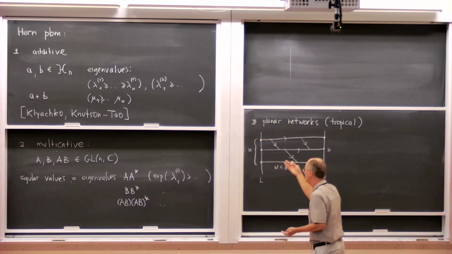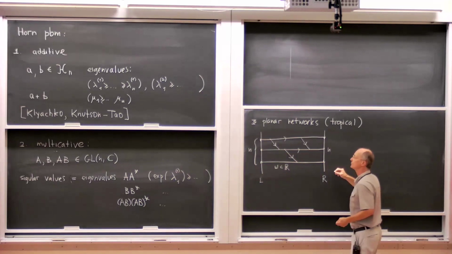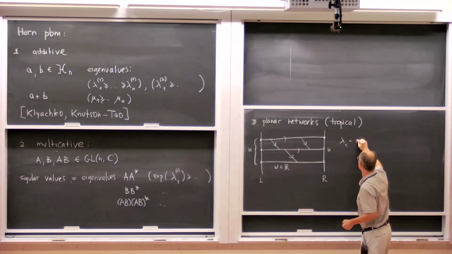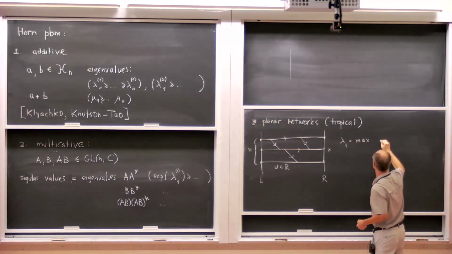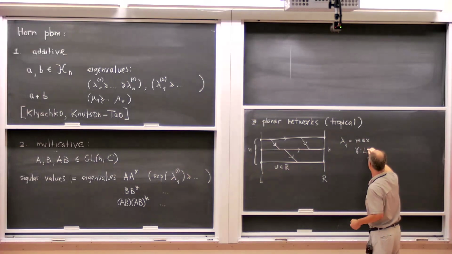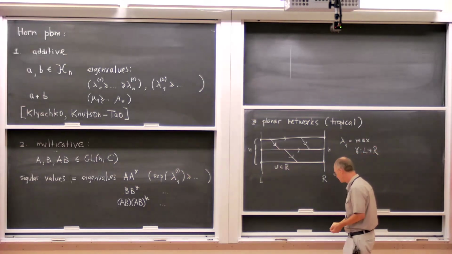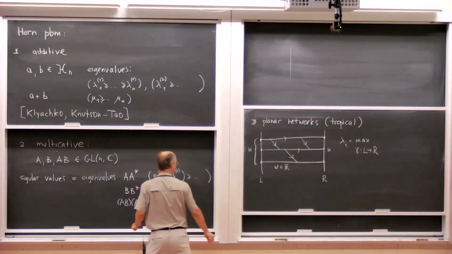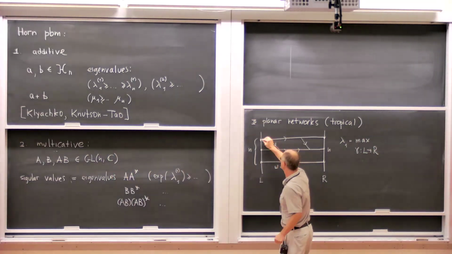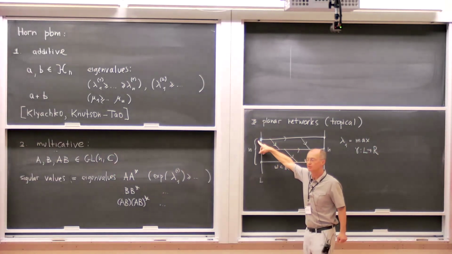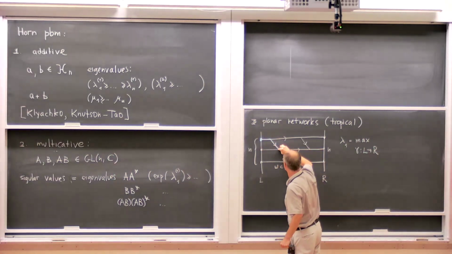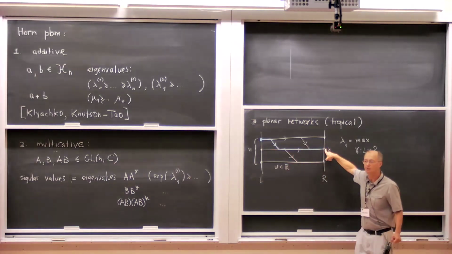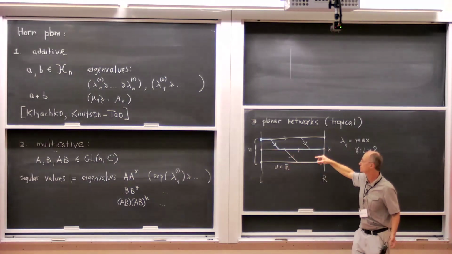Now to this construction, we're going to associate again something that we're going to call eigenvalues of that network, even though it's not fully justified, but by analogy with what happens on the other boards. So in particular, lambda 1 will be a maximum over paths which go from L to R. For instance, let me try to draw an example of a path. So this is something which starts on one of the sources, then goes along the edges with the orientation preserved, and then ends on one of the sinks on the right. So this is a path.